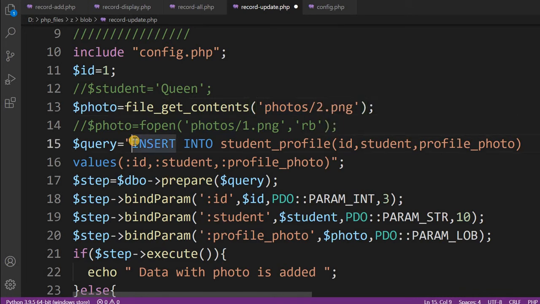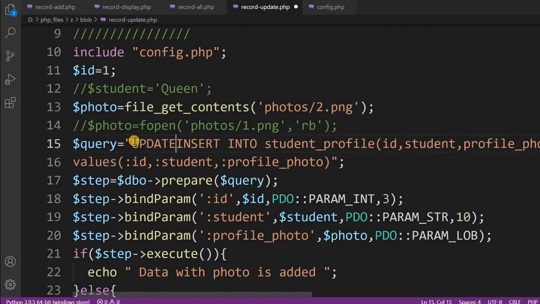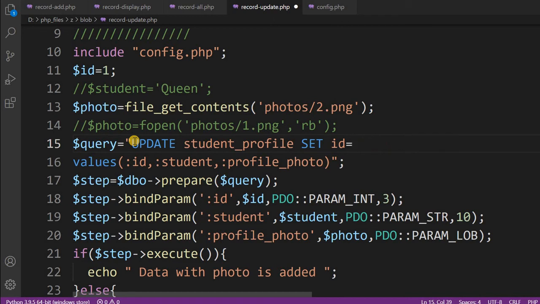So now, what's the update query, we'll write it: update student profile set profile photo equal to a placeholder, profile photo.